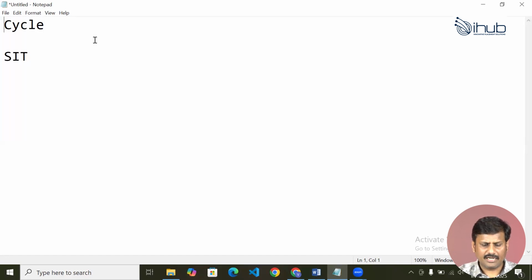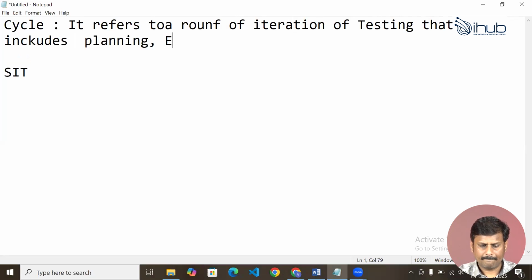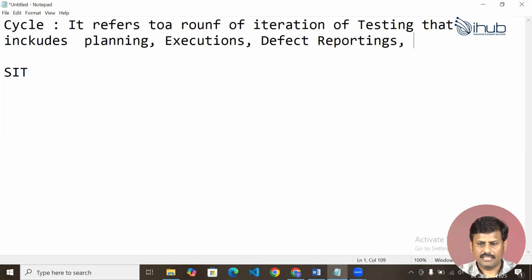So cycle means nothing but a round of iteration of testing that includes planning, executions, defect reporting, and so on.